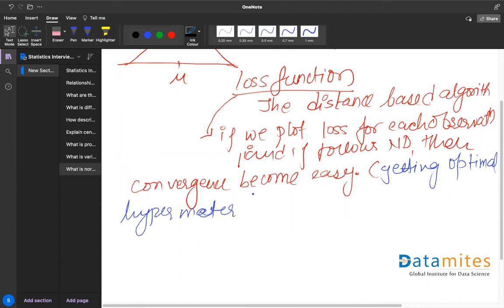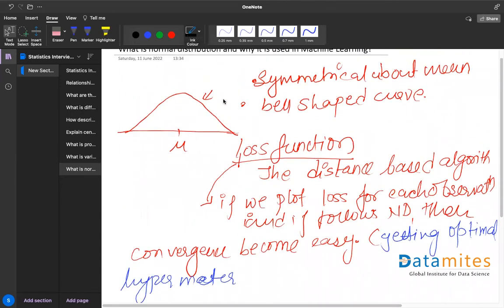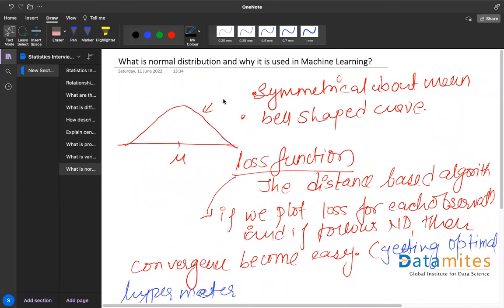If the losses are coming to be normal distribution, the convergence happens faster. So in that way, the prediction will become easier. This is the reason why it is expected that we should have normal distribution. We should have normal distribution for the losses, not for the variable. So be super careful. If we have normal distribution, good to go. As such, there is no relationship, but if we have normal distribution, then good to go.